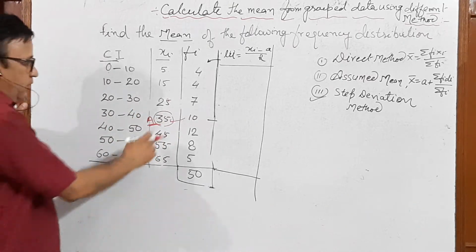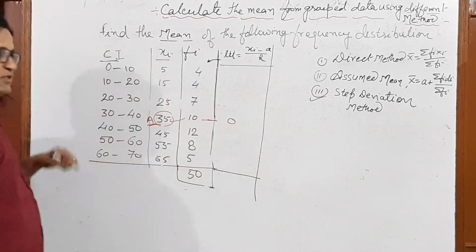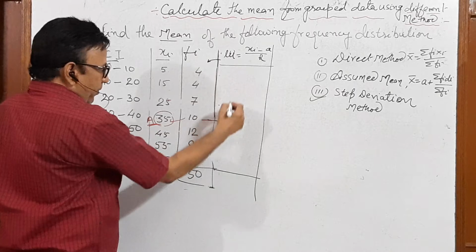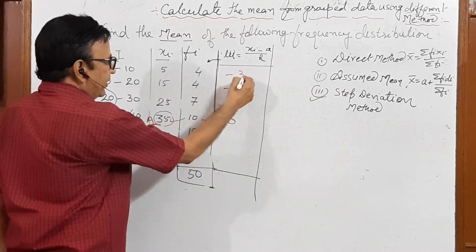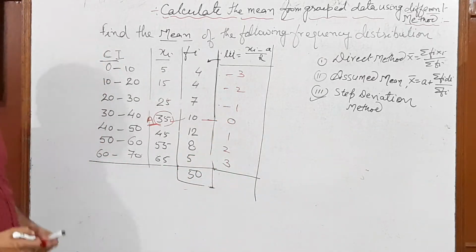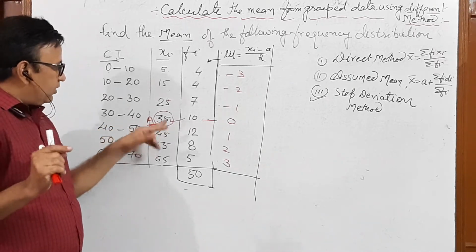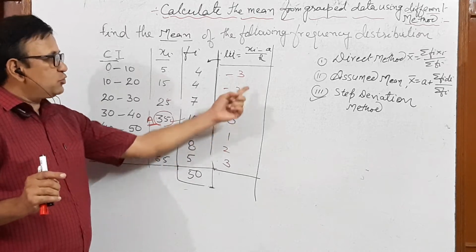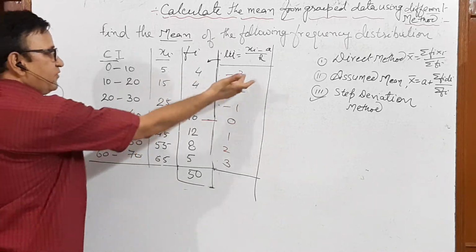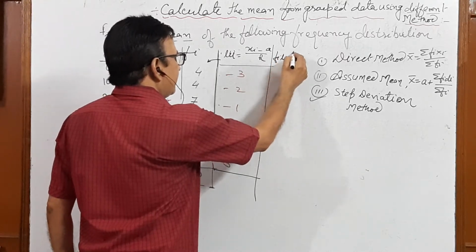Again, as you have taken A, the assumed mean, whatever you let as assumed mean, just mark that as 0, as in the previous question. Right? So minus 1, minus 2 and minus 3. Simply here 1, 2 and 3. In each and every question, the class intervals are the same. Whatever you let as the assumed mean is 0, then minus 1, minus 2, minus 3, 1, 2 and 3. Means 35 minus 35 divided by 10, definitely you get 0. Don't worry about it.